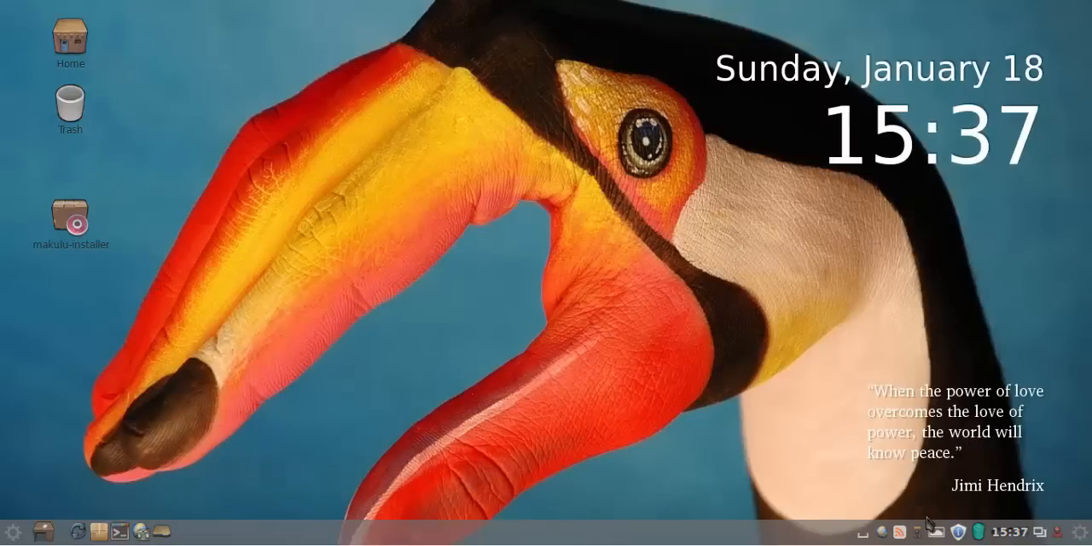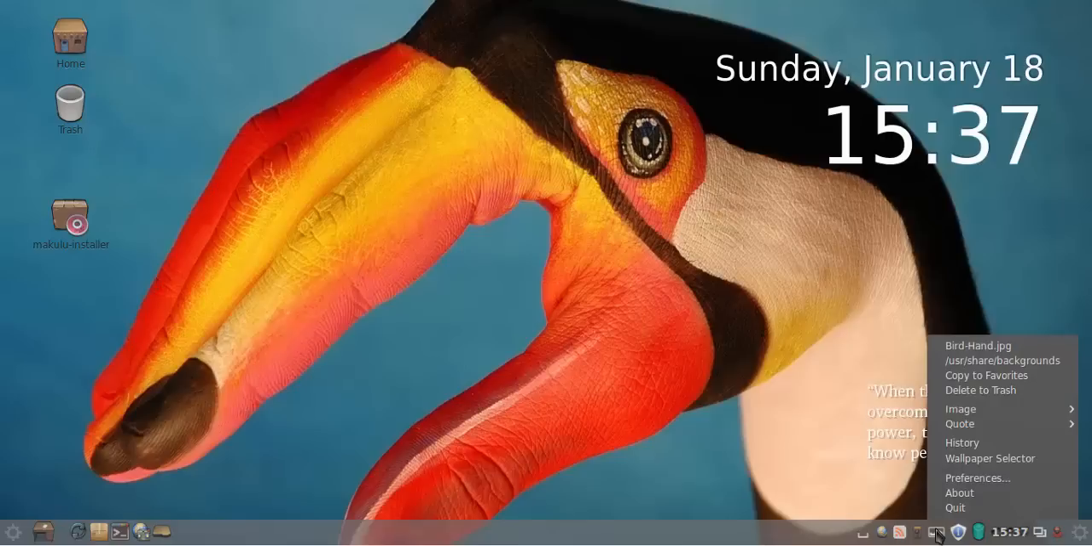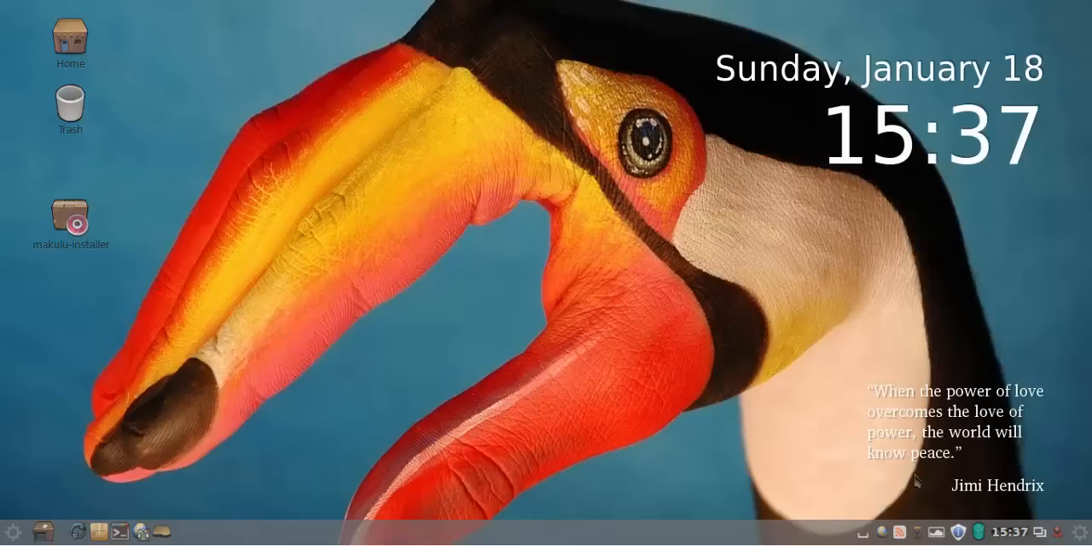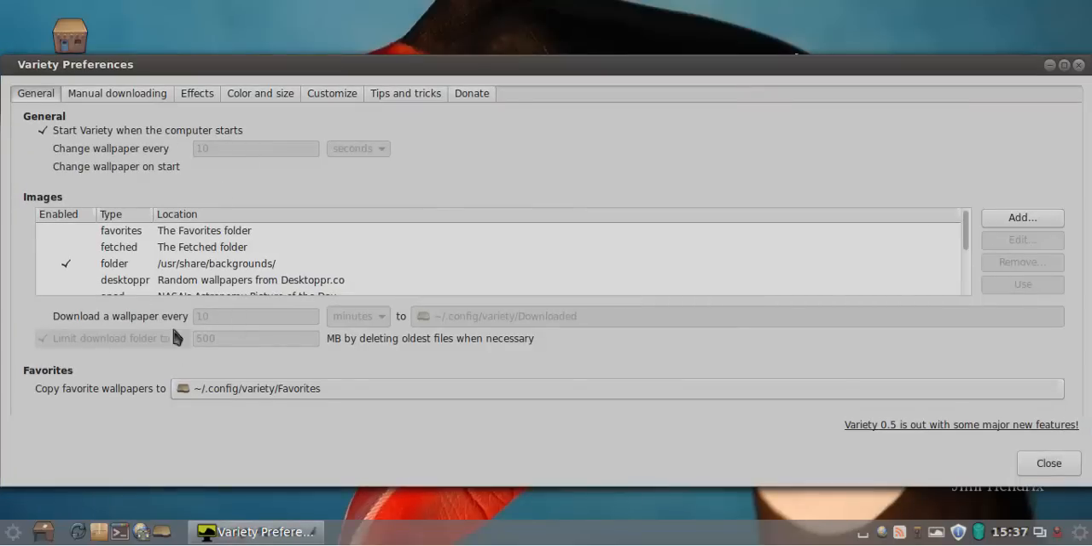Now the reason for that is this little program here next to the clock. It's called Variety Wallpaper Changer. You can go to the preferences of this little program and manage your wallpapers from here. It's got a lot of features. I'm not going to go into all of them now, but you can set your wallpaper features and preferences here, or you can disable it. And if you disable it, you can then